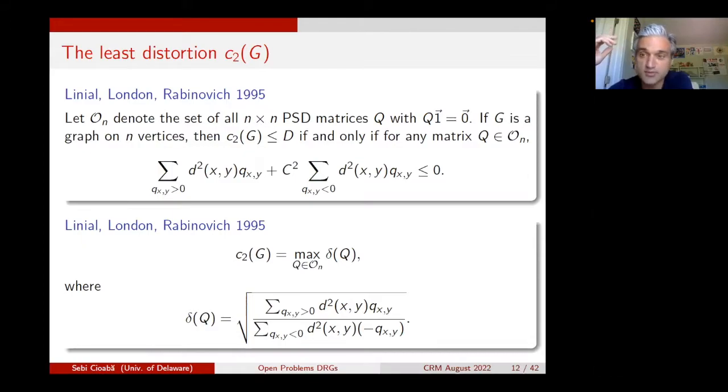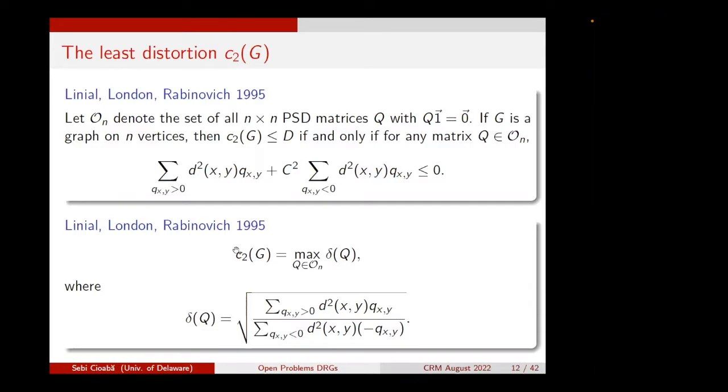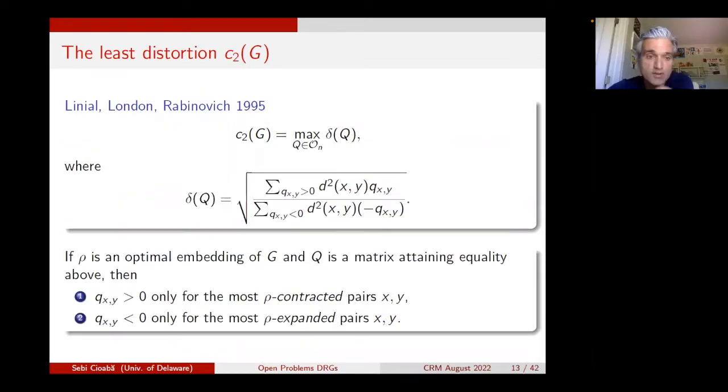I talked a little bit about this parameter, the least distortion of these embeddings of a general graph into Euclidean spaces, and I've given you some examples and some different formulations of this parameter c2 of G. Now they prove more, Linial, London, and Rabinovich, and they show that in this formula, c2 of G equals the maximum of this expression. If you have an optimal embedding rho, and Q is the matrix that comes from that